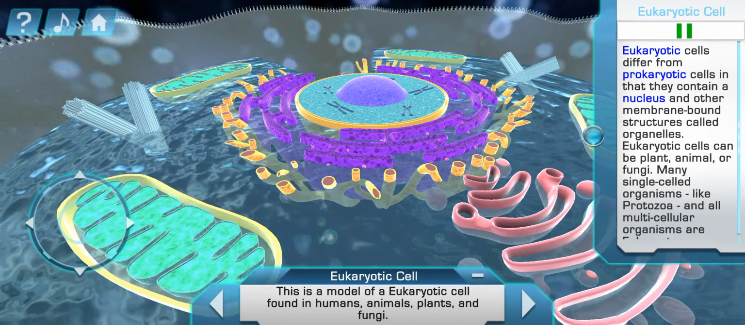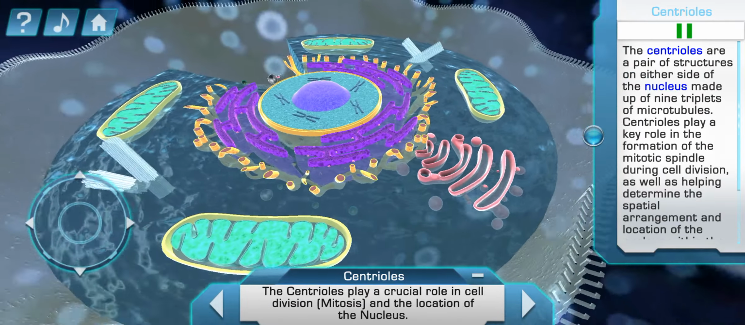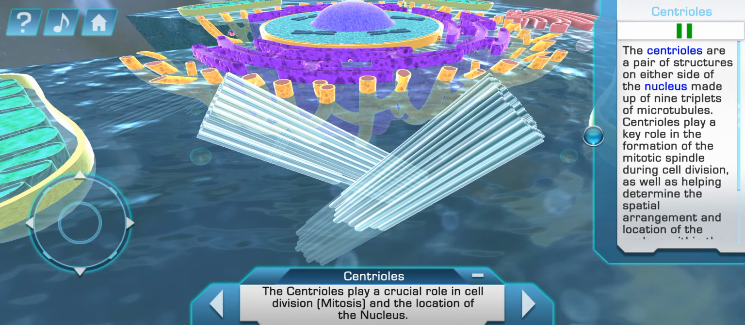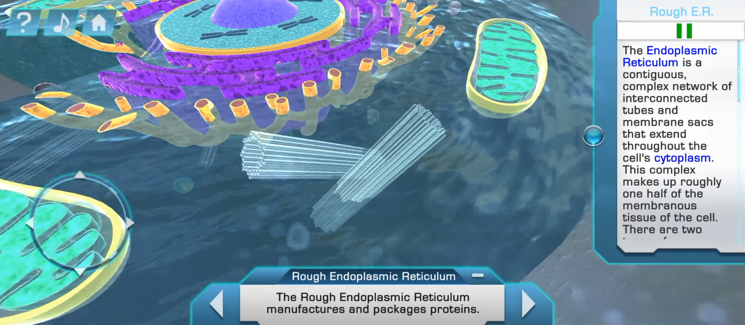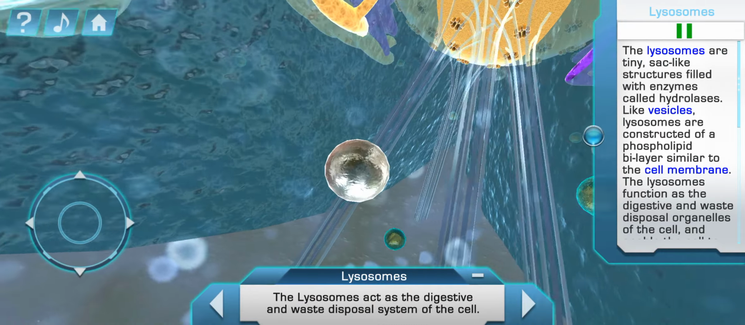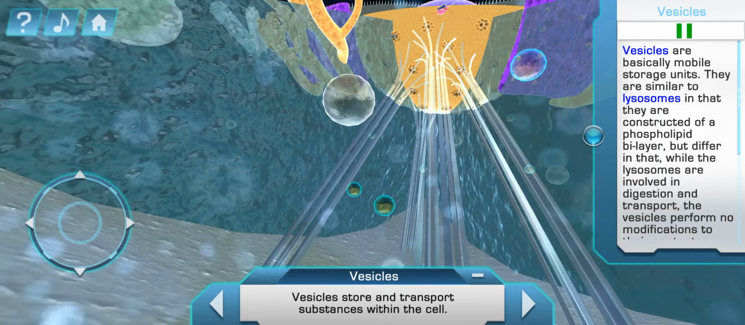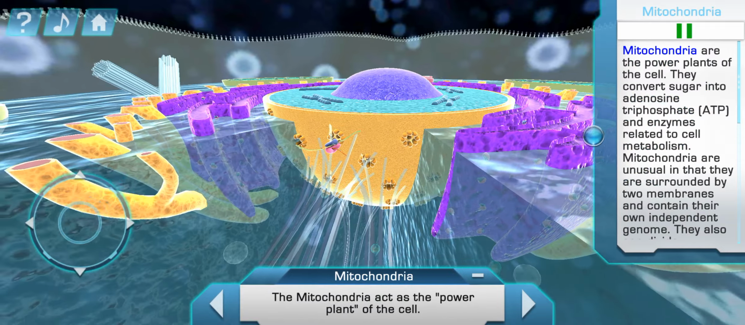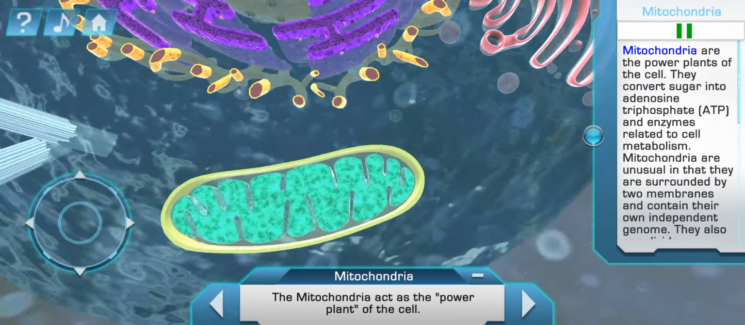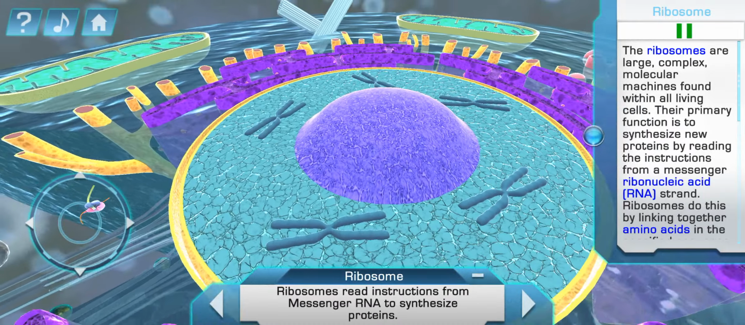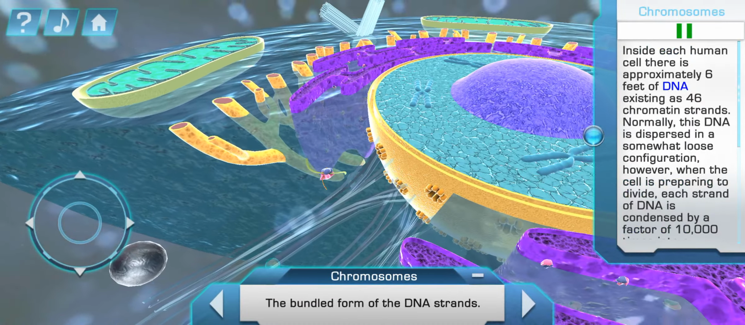Many single-celled organisms like the centrioles are a pair of structures on either side of the nucleus made up of 9 triplets of microtubules. The endoplasmic reticulum is the lysosomes are tiny sac-like structures. Vesicles are basically mobile storage units. The nuclear membrane consists of 2 mitochondria are the power plants of the cell. The nucleolus is a dense, spherical, the ribosomes are large, complex. Inside each